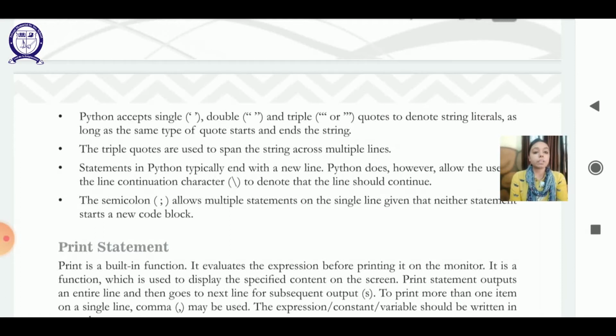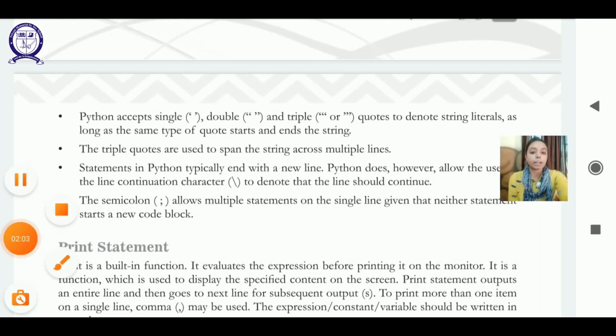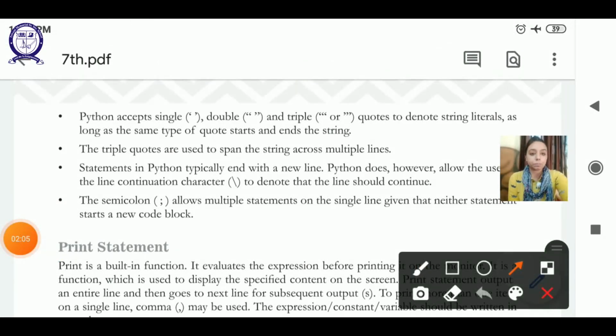Now statements in Python typically end with a new line. Although Python allows the user to use the line continuation character, which helps us denote that the line should continue. After this, the semicolon allows multiple statements on a single line, given that neither statement starts a new code block. It means with the help of a semicolon, we can write multiple statements in a single line.